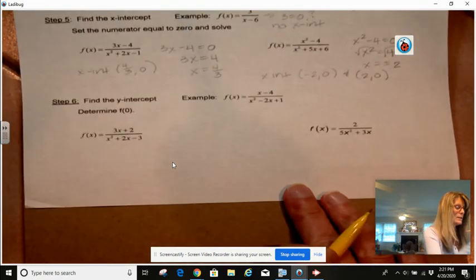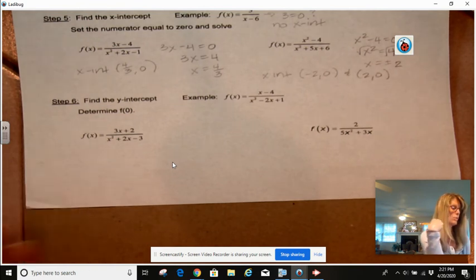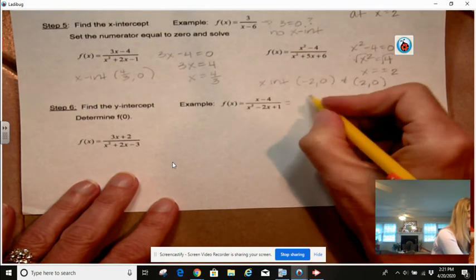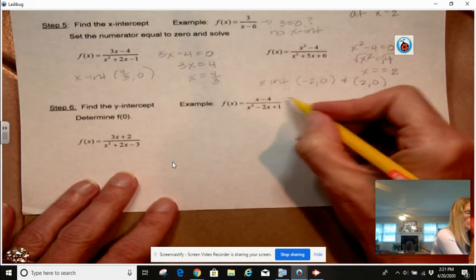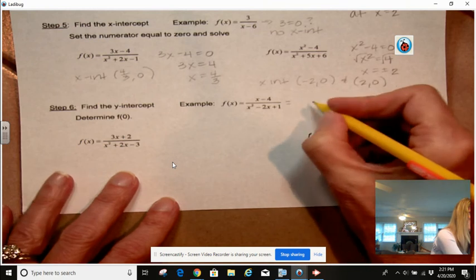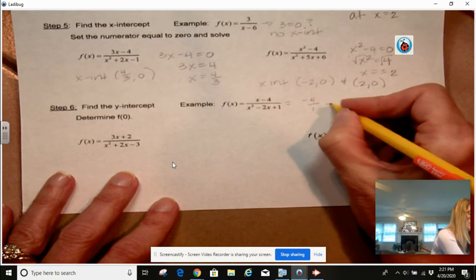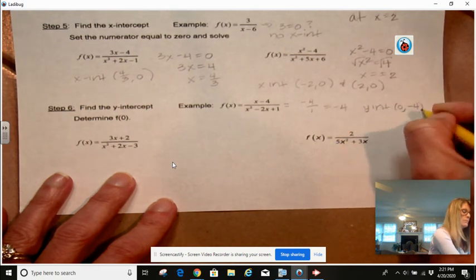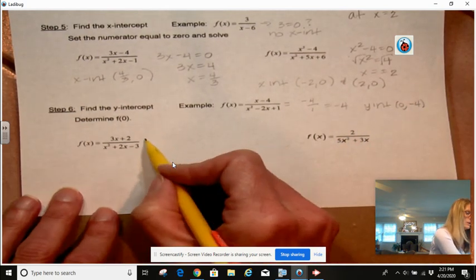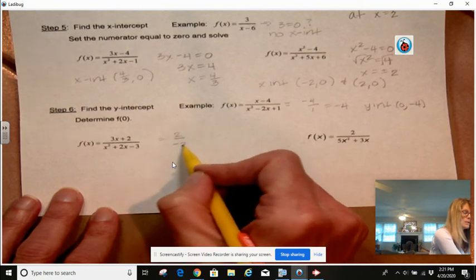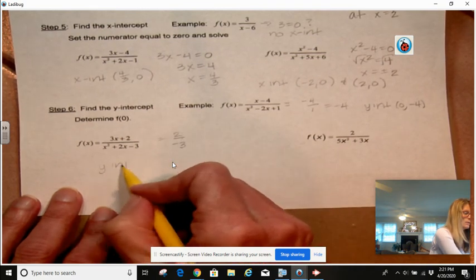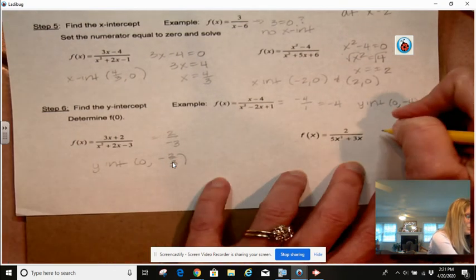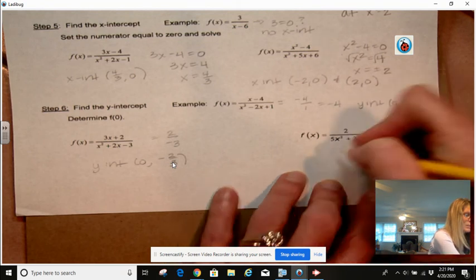And then on number 6, the y-intercept is where x equals 0. So here, for this first example, if you put zeros in for all your x's, you're just left with all the terms that don't have x. So you'd be left with negative 4 over 1, which is negative 4. So your y-intercept here is 0, negative 4. Here you'd be left with 2 over negative 3. So your y-intercept is 0, negative 2/3. And here you will be left with 2 over 0. That means there's no